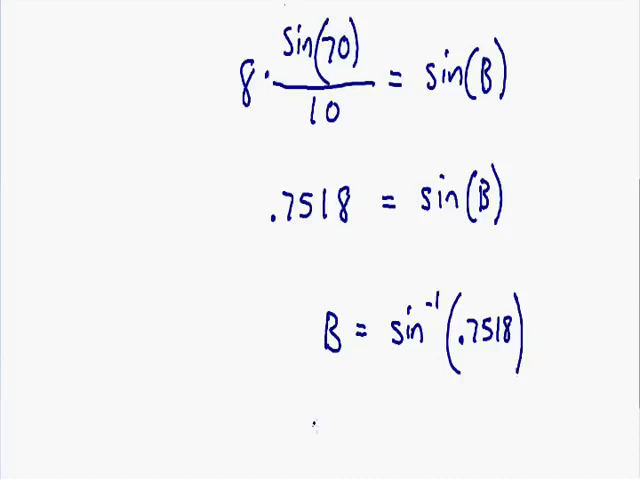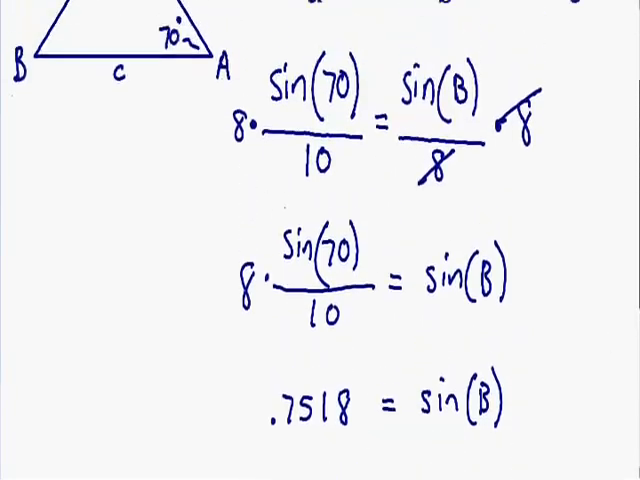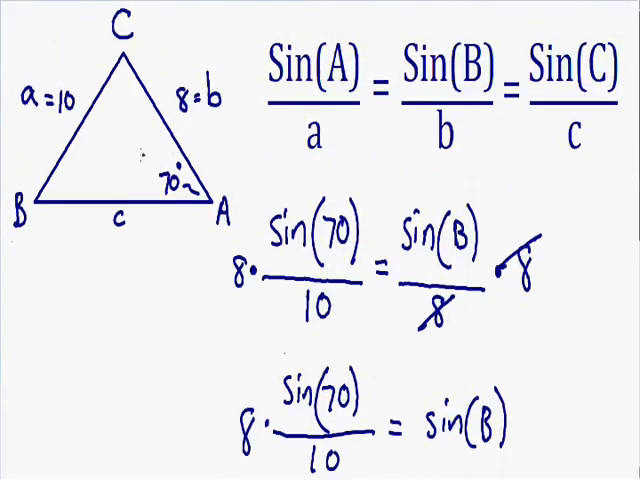And if we plug this into our calculator, we get B is equal to the inverse sine of 0.7518. And if we round that to 1 decimal point, we get 48.7 degrees. The inverse sine of 0.7518 is 48.7 degrees. So now we know our angle B. So let's plug that into our triangle. We know that angle B is equal to